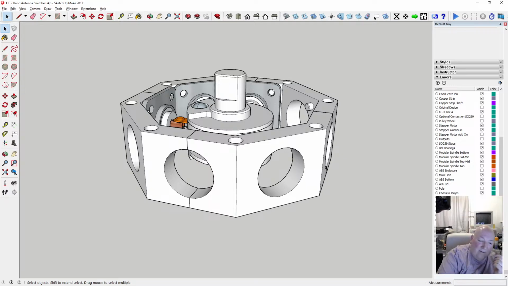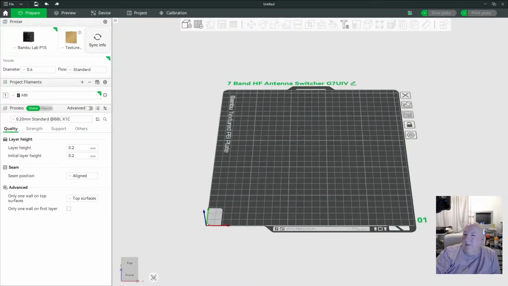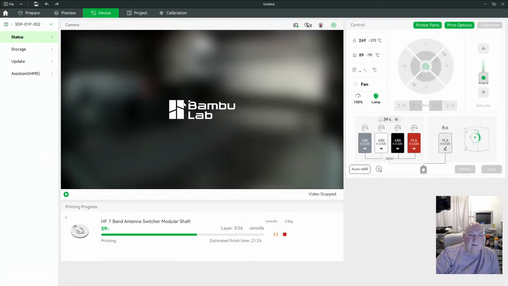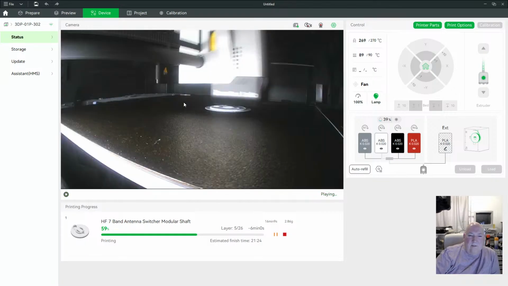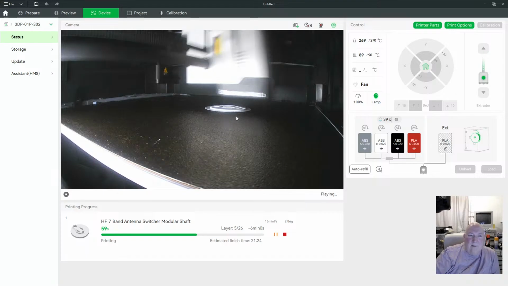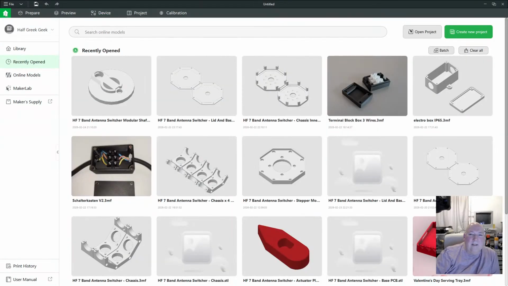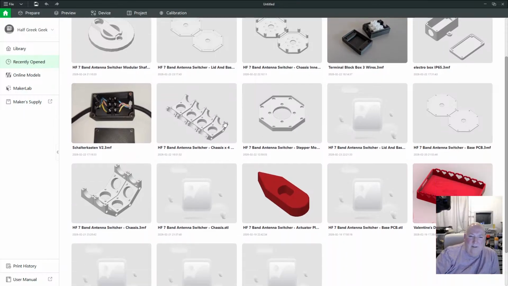I printed them only the other day, so tell you what I'll do. Let's just have a look on here, see what's going on with this, make sure it's not gone nuts. It's printing. Okay. Right, so if I go down here, these ones here, chassis times 4. That was the last ones I did that were right. So I printed that earlier, and I printed that after.